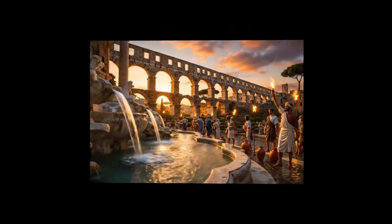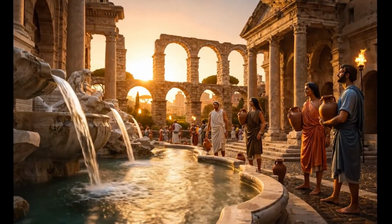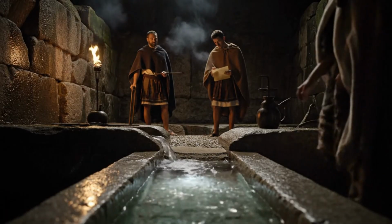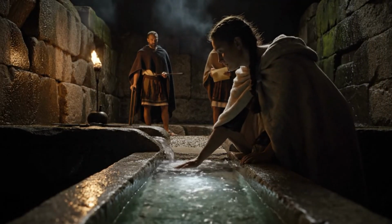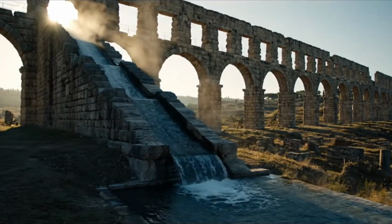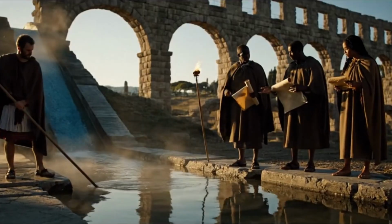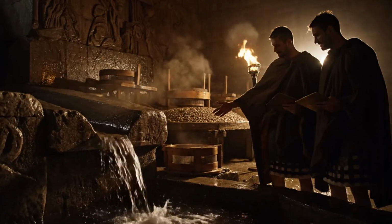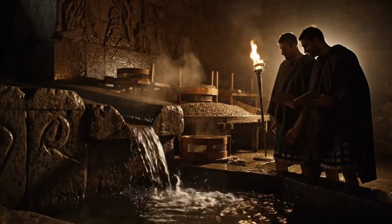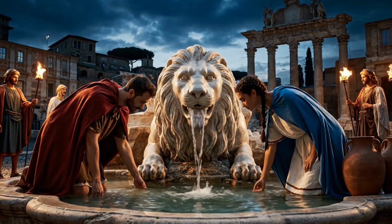While most ancient cities relied on wells, cisterns, and stagnant rivers, the Romans built an empire on clean, flowing water. They didn't just transport water, they purified it, using techniques so advanced that some rival modern treatment systems. They mastered aqueduct gradients that carried water for miles, built massive sedimentation basins to settle out impurities, and even filtered and aerated their water to keep it fresh. Their system was so efficient that you could drink from public fountains in an ancient city and expect it to